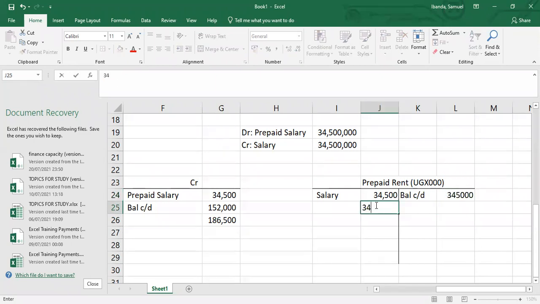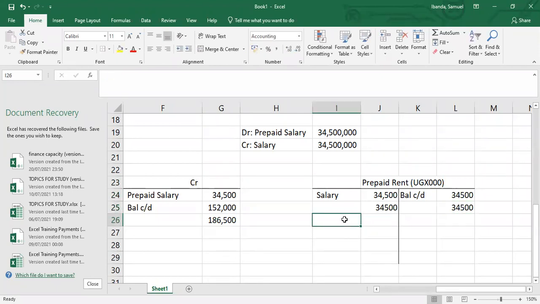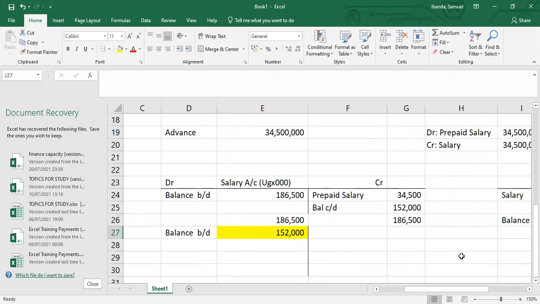So we have 34,500, which is the total. This is 34,500, and then you have your balance brought down still as 34,500. So when you go into your trial balance, if you're drawing up your trial balance again, which they are